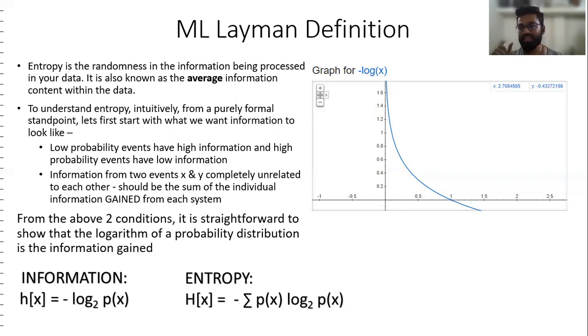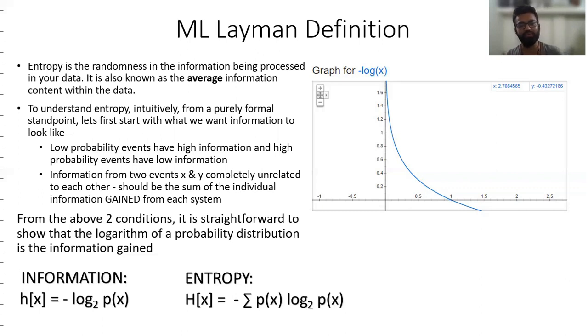So it's a decimal, and the logarithm of a decimal number is negative. When you take the negative logarithm of a negative number, you get a positive number. That makes sense from an information perspective, that the information needs to be positive. So you have information, small h of x, equal to the negative logarithm of p of x, and this is to the base 2. When it is to the base 2, we tend to look at it as bits.